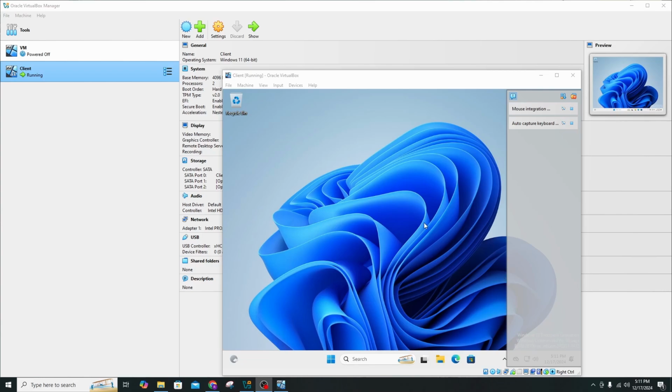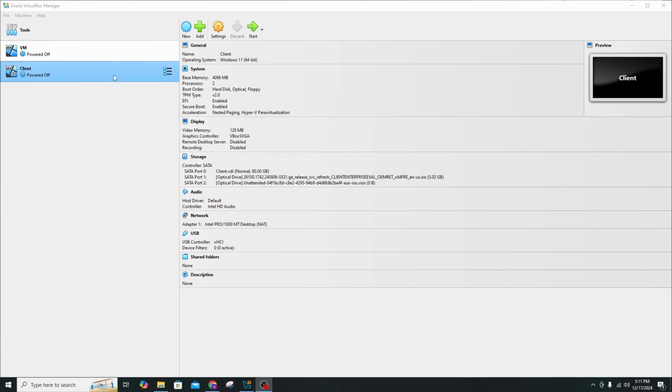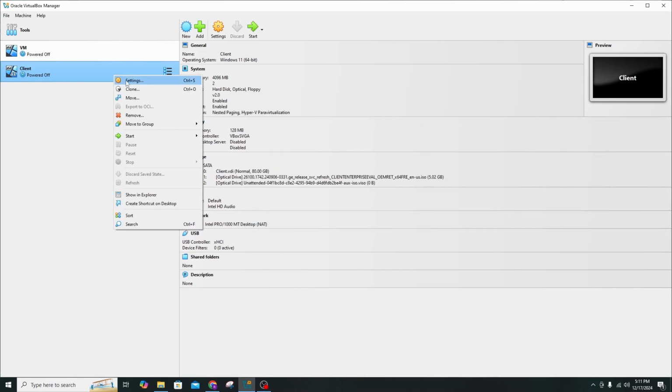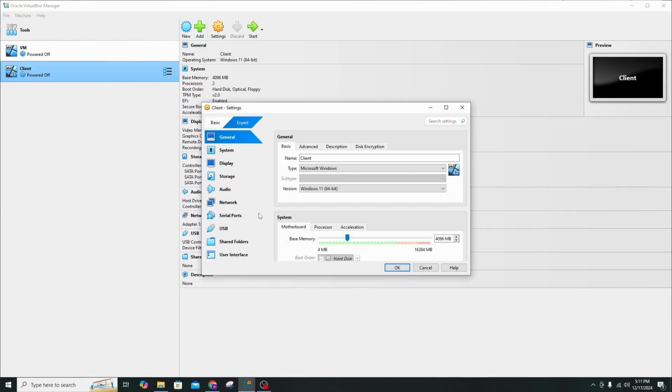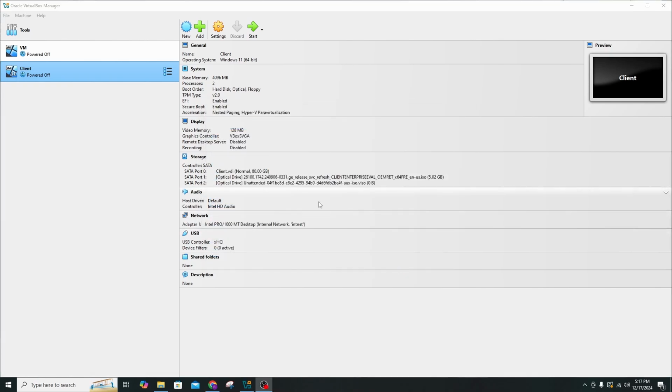A few moments later. Now that our client is up and running, we can go ahead and close out of this machine, power it off, and a key point is we want to go to the client, hit settings, network, and under adapter 1 we want to change this from NAT to internal network and click OK. And now that our client is all good to go, we can get started with setting up our server,